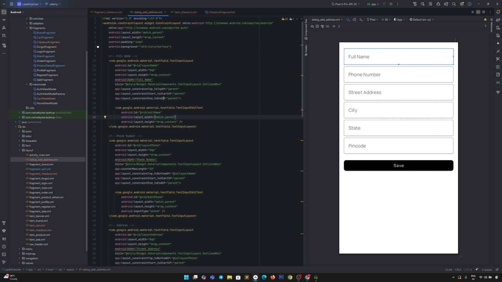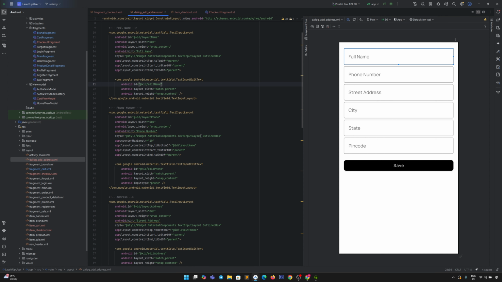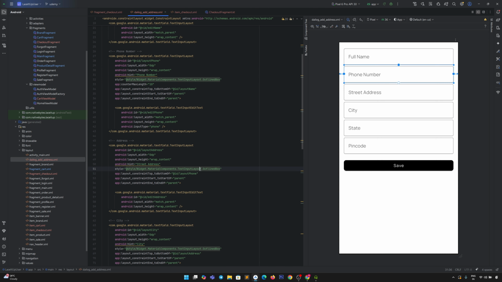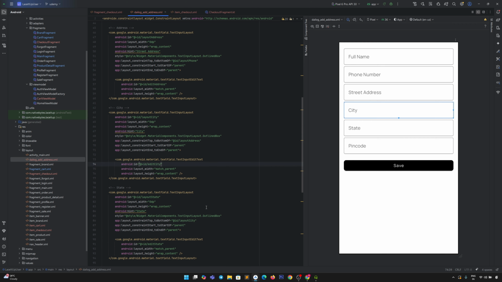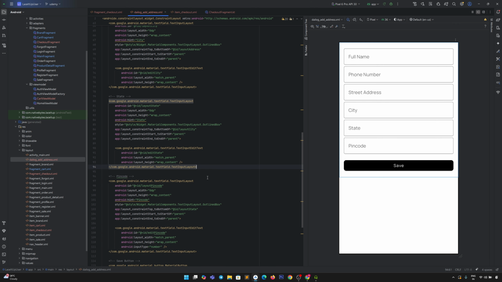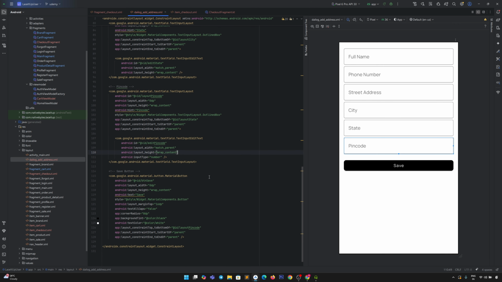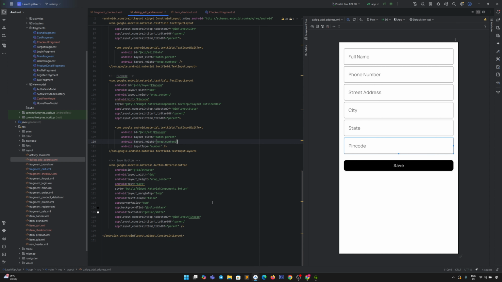So that the user can provide their delivery address details like name, then phone number, then address, then city, and then state, and then pin code, and finally a save button, right?